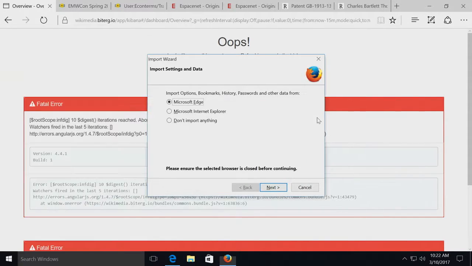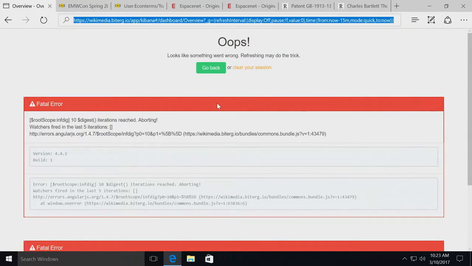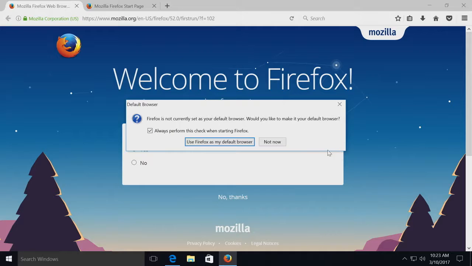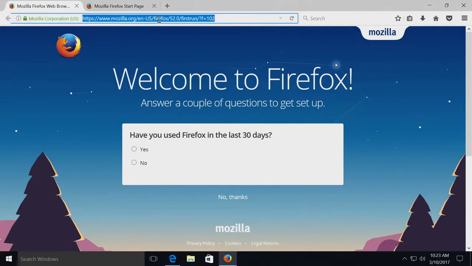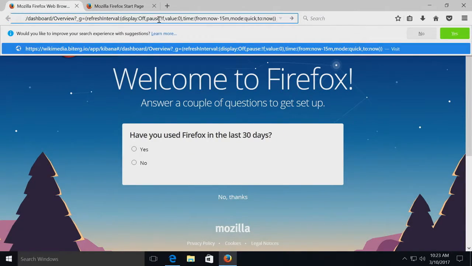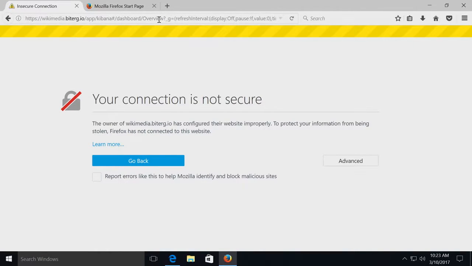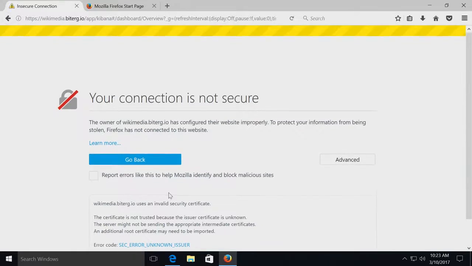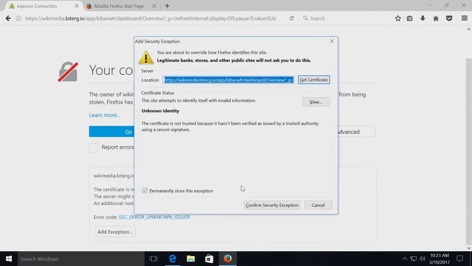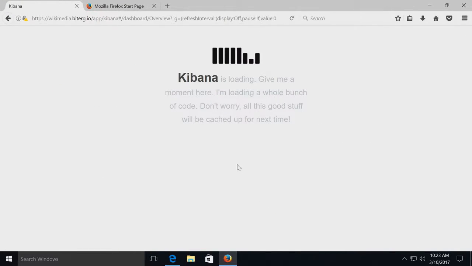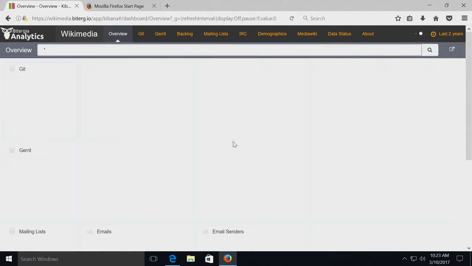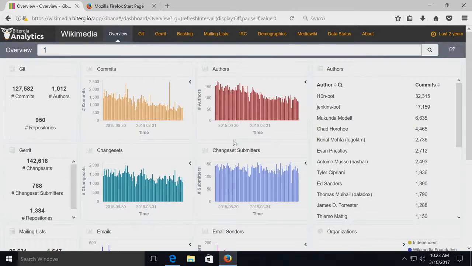Oh, there it is, okay. Don't import anything, yeah, okay, great. I feel like anytime there's tech demos that don't go right, there should be some elevator music playing in the background. Oh my gosh, okay. No thanks. I promise. Yeah. Maybe. Okay, so, all right, look at me, I can use a web browser.